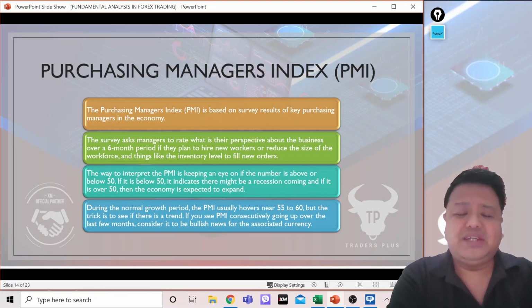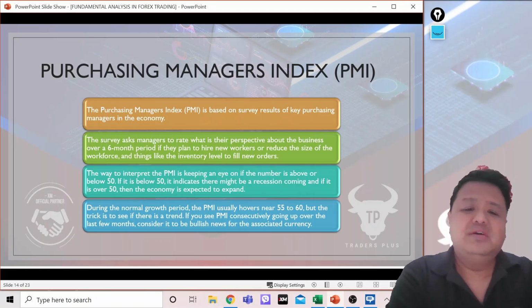Now, there's a magic number, 50. So if the number is above 50, okay, yung PMI, it might say na may expansion tayong inaasahan. But if the number is below 50, there might be a recession coming. Okay? So, during normal growth, PMI usually hovers near 55 to 60.